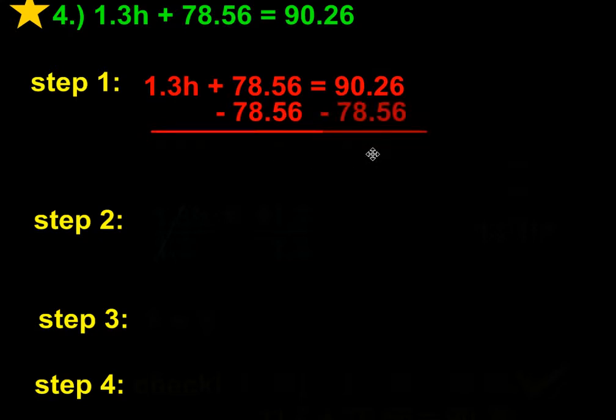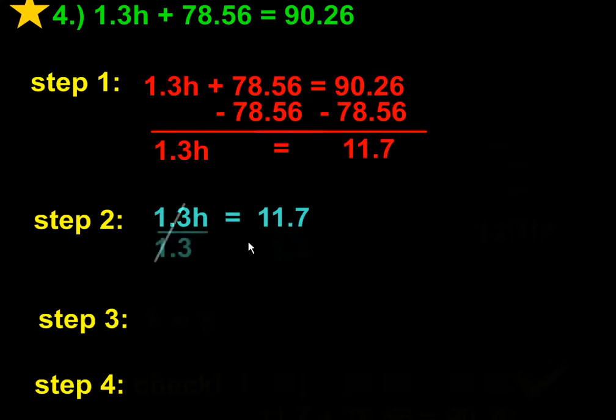So we go ahead and find our answer for the subtraction, which should work out to be 11.7, and we bring down the rest of the equation. Starting from that point, we still want to try and isolate h. We do so by dividing by 1.3, and whatever we do on one side, we have to do on the other. Now, I'm not going to go through and show you how to do the division